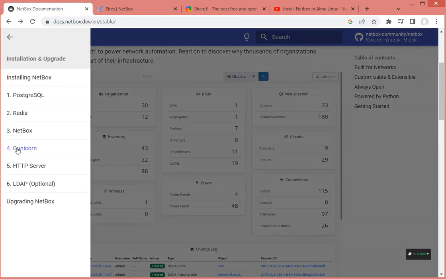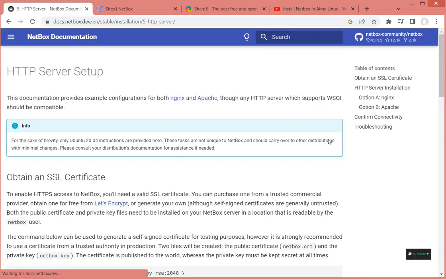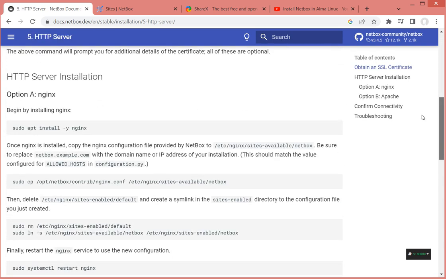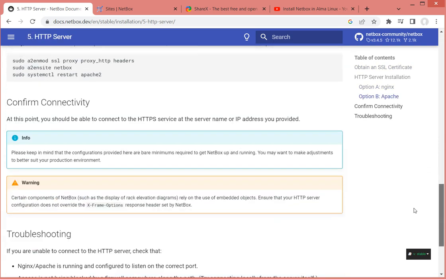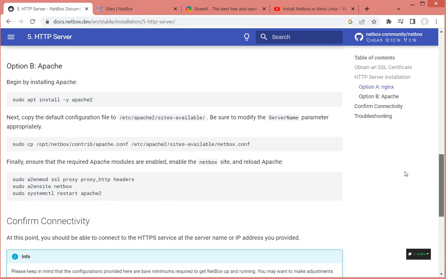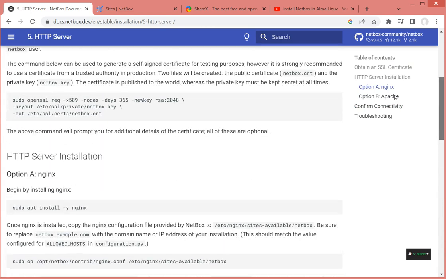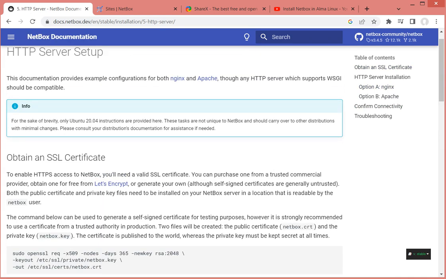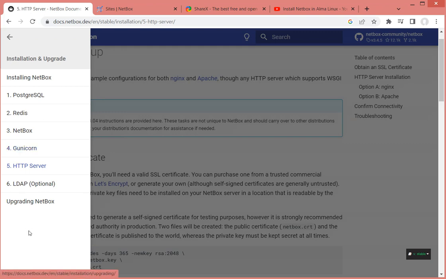There are some other options available. In the main documentation, you can choose Apache as a web server if that's your cup of tea. If you prefer Apache, Option A is Nginx, and Option B is to go through the installation of the Apache web server, which is just the last part of the front end. So you can do either one. At this point, we're going to follow